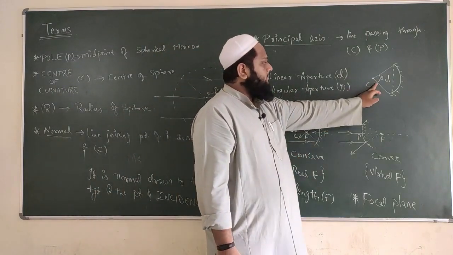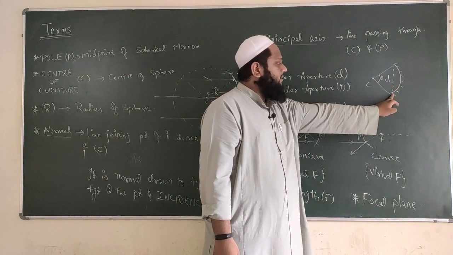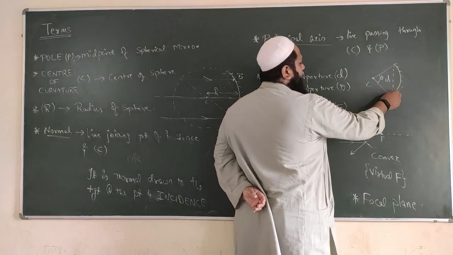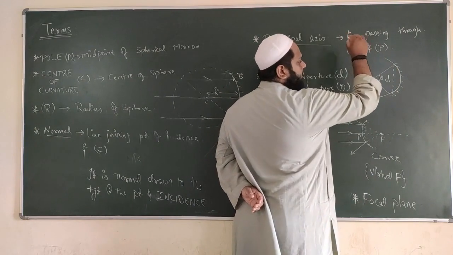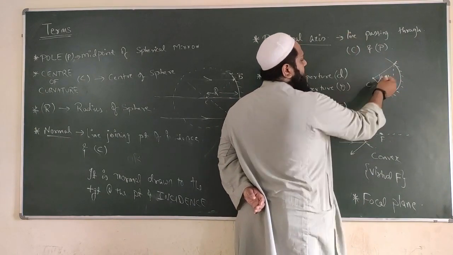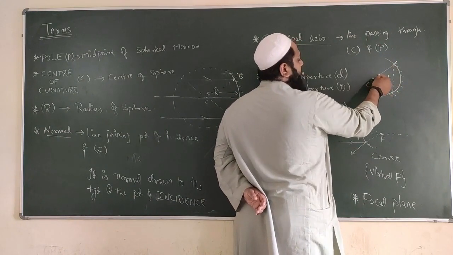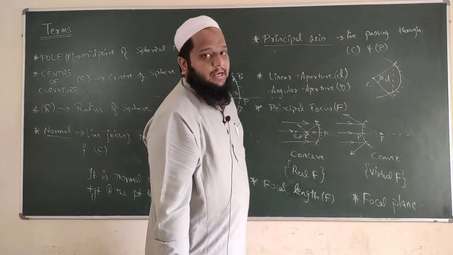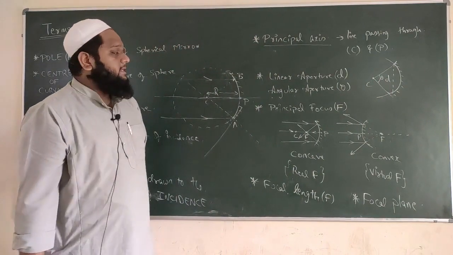So that is shown here. You can see the effective part is from here to here. Mirror can be even bigger. Yeah, so यहाँ तक mirror काम कर रहा है, यहाँ से best है. So from there I am joining it to the center. I am extending an angle. That angle is called angular aperture theta.